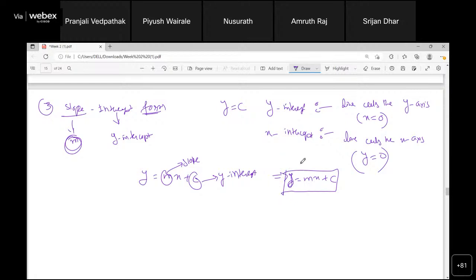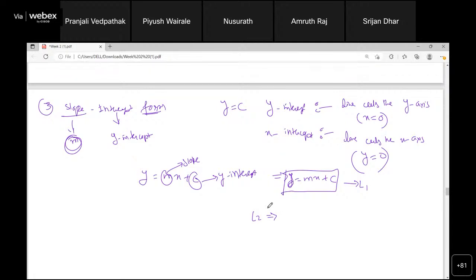Okay, if this is given to me, suppose this is L1. What should be the equation of L2 such that these two are parallel? Looking at this equation, yes, anyone? The value of c changes, sir. Yeah. The slope will be the same, right? If it is parallel, it will be mx plus c1, right? Only the c value will change.